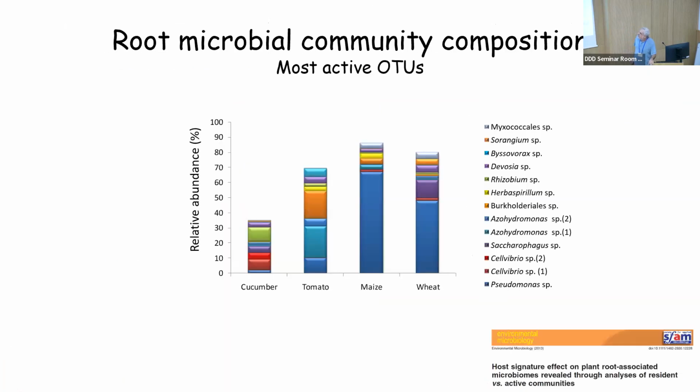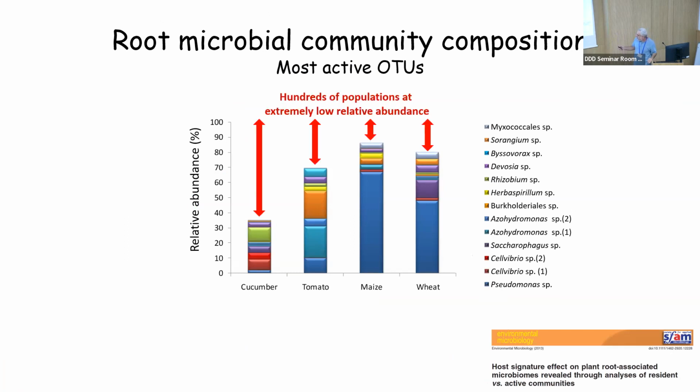The first thing we checked is the community composition, and that communicates very well with the first talk today. Every different plant will have completely different community composition in the same exact system. So the same soil, the same pots, the same growth chambers, the same water, same student, and you see completely different communities, where 100% is the total community. You can see, for example, that the cereals will have dominance of one group. I don't look at the names, just ignore the names. You see high dominance of a certain group of bacteria,